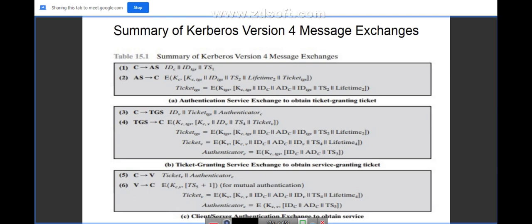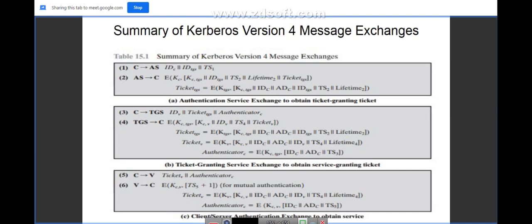Now, client to TGS. Just look at the B table. A client is ready to approach the TGS now. C sends the TGS a message that includes a ticket plus the ID of the requested service. C also transmits an authenticator. And what is the authenticator? It includes the ID of the client himself, the timestamp, and probably the IP address of the respective machine. Unlike the ticket, which is reusable, the authenticator is intended for use only once.